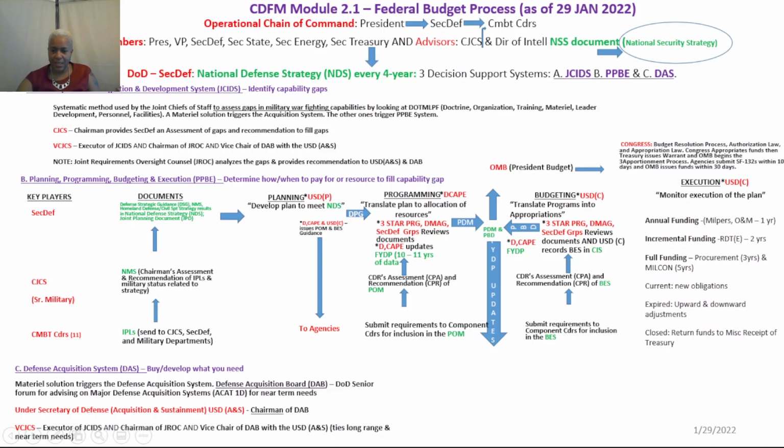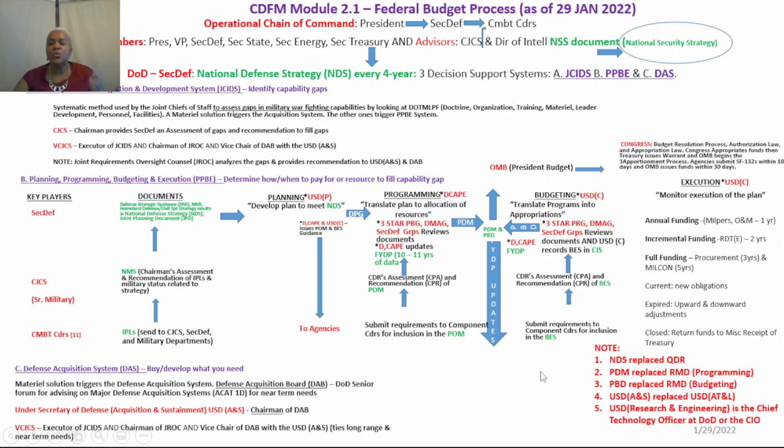What I did over here on the bottom right is show some changes that I noticed from the older study guides. We have the National Defense Strategy. In the older study guides, they talk about the QDR, Quadrennial Defense Review. Now we have the Program Decision Memorandum, PDM,